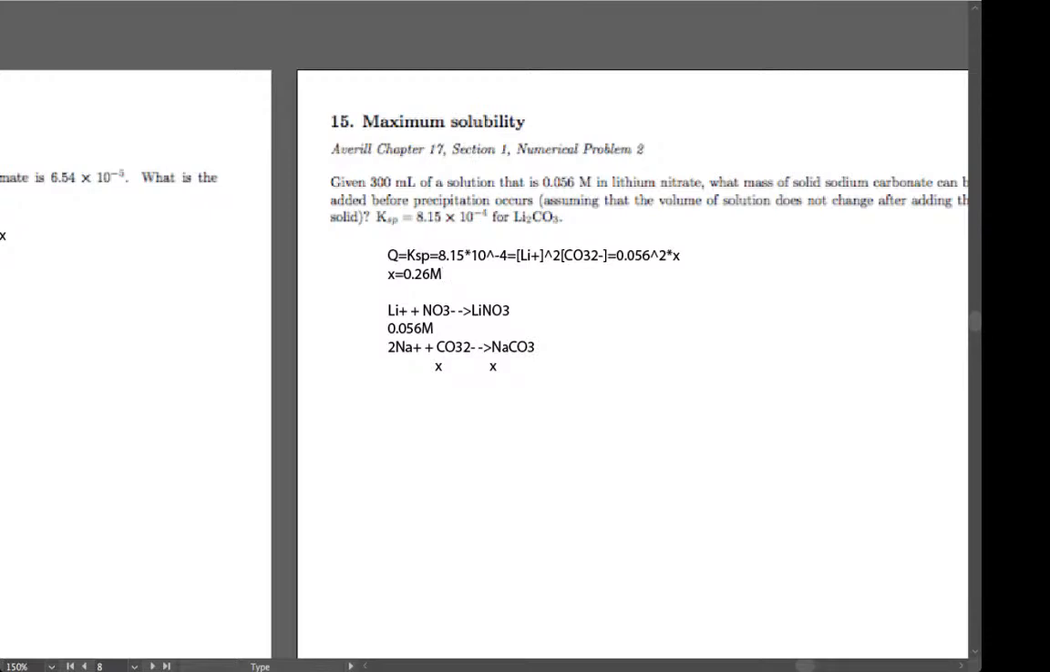And so with this, we can just multiply it by the volume, which in this case is 0.3 liters. So when we multiply the answer by 0.3, you'll get 0.078 moles. Which in turn you can just multiply by the